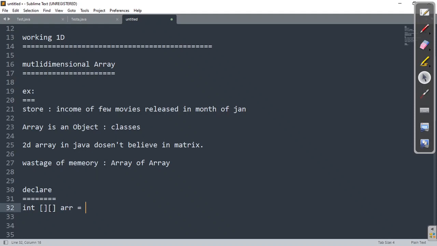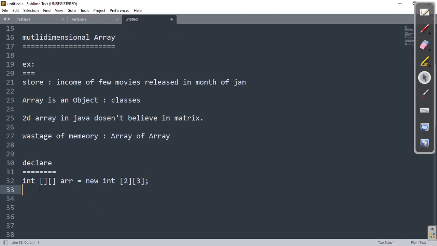Instead of a single dimension, we have to specify two empty brackets followed by new int, then I can write 2 and 3. Now if we are declaring like this, definitely it is going to create an array of 2 rows and 3 columns.